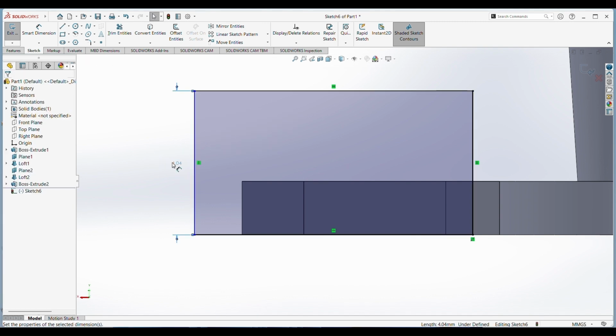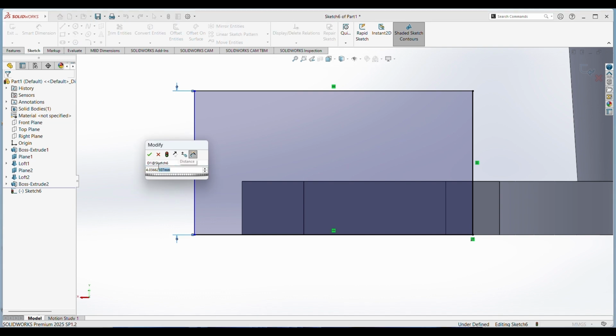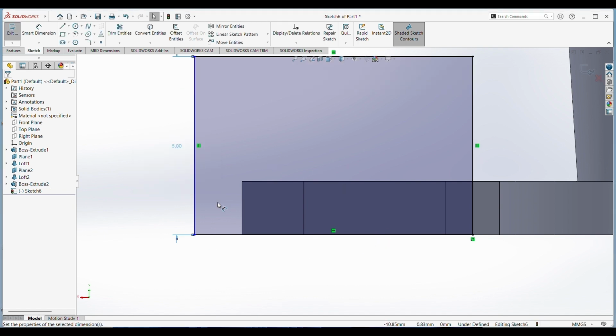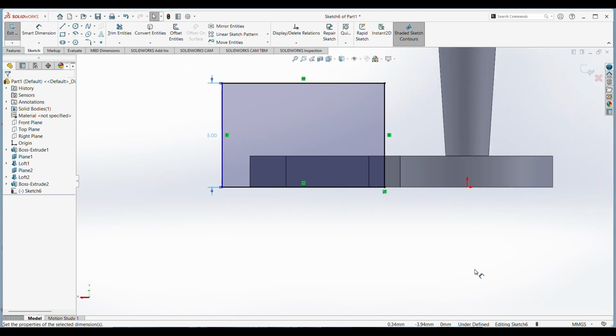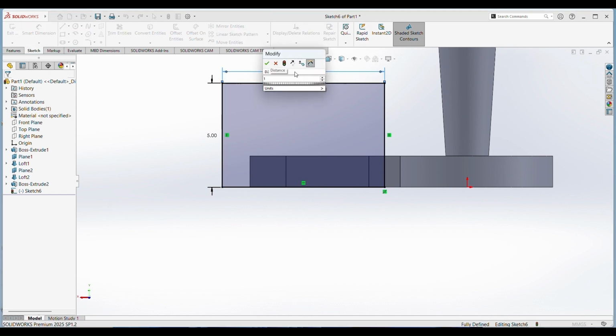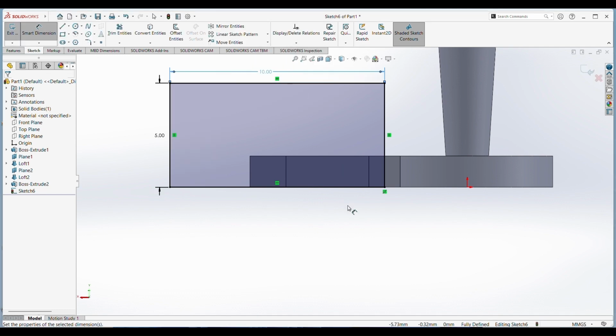I will choose this length to be 5. Hit enter. Again a smart dimension, select this length and I will set it to 10 mm. Okay,